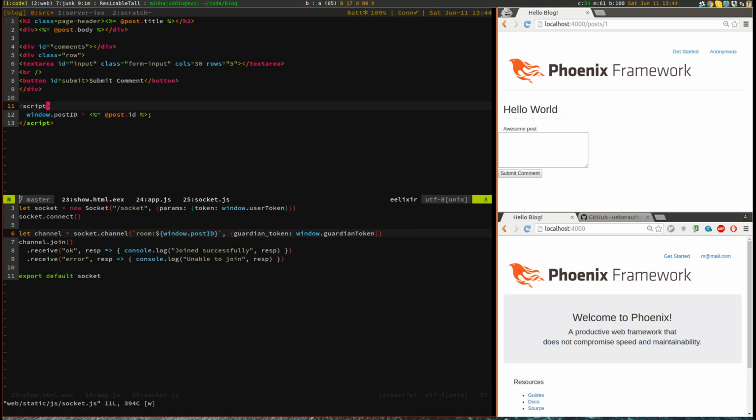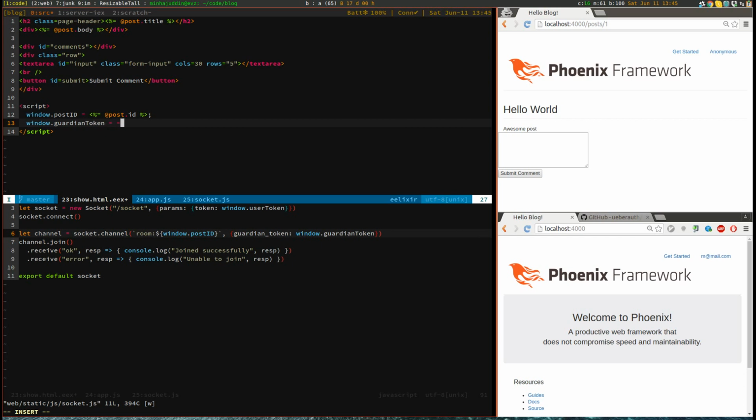And so Guardian, when you sign in, it sets up a guardian token in the session, and we can use that to authenticate the user in the user sockets. So here I'm just going to say guardian token